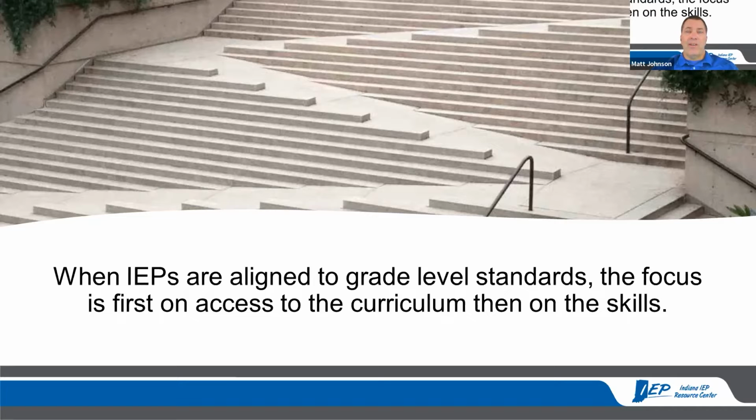So we might be working on, well, I guess the way to think of it is the goals are really often written around the barriers the student has to learning. So we're going to work on those barriers that may not be at grade level skills, but they're barriers toward that grade level skill. So we're working at what you might find as a 4th grade reading level skill toward a student that's in 6th grade.